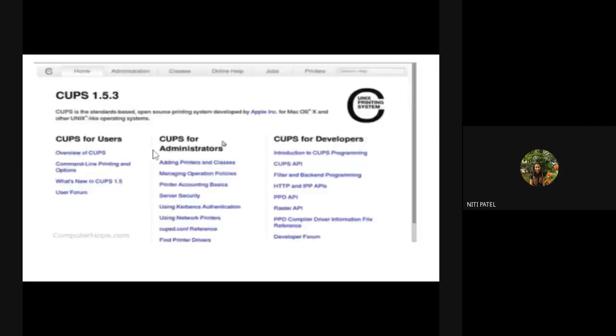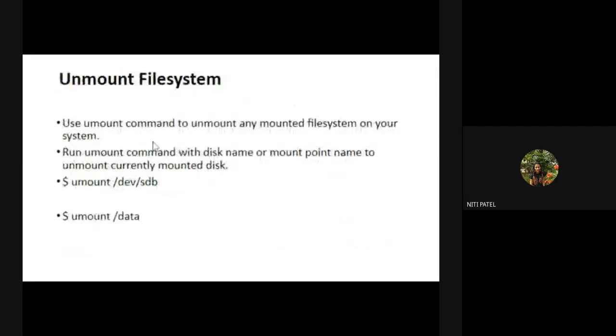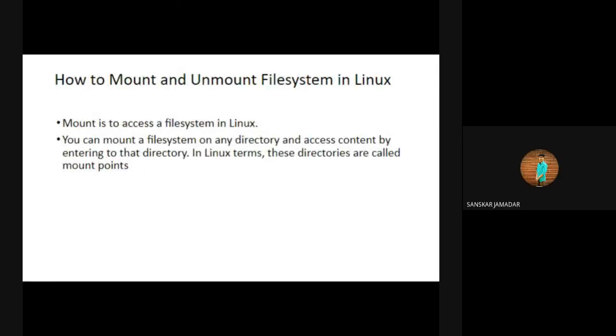Okay, any doubts or any part of the syllabus which is left? Ma'am, LPC command is left. LPC. Yes. Okay. Any other thing? Wait, let me check the syllabus also. LPC command, okay. Apart from that, nothing is left.